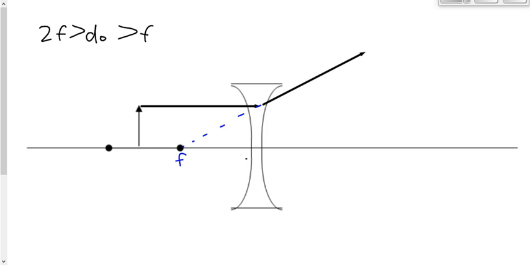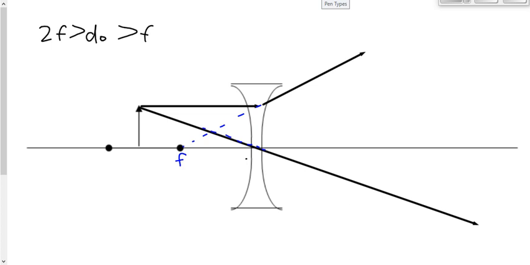Now, that second ray, where's it going to go? This is the easy one because it's the same as for a convex lens. It's going to go through what we call the optical center of the lens right here. Now, we could extend this back like this, but we don't really have to. We know that the dotted lines intersecting there means it is,